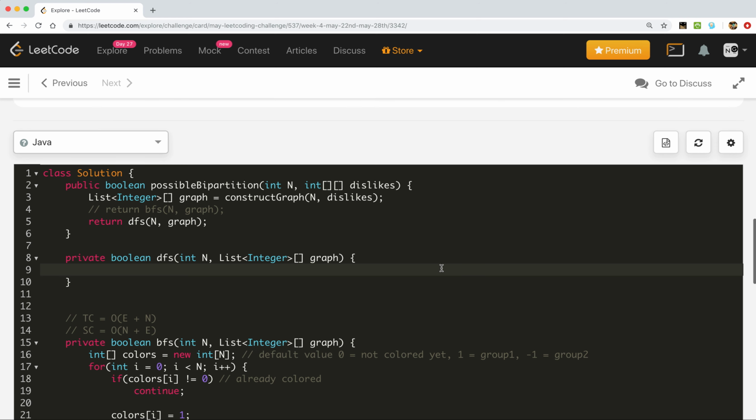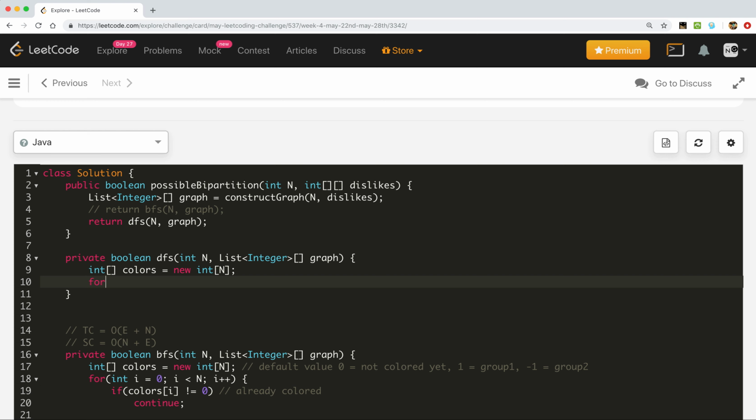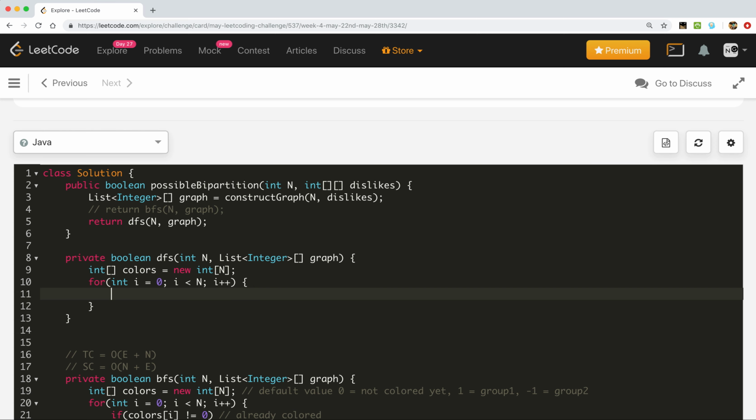And here, what we need to do is again create a colors array equal to new int of n, and after that we will run through all the vertices, same as we did for BFS, because if there is an unconnected component, for I less than n, I plus plus. So if the colors of the current vertex is equal to 0, and if we do the DFS for that vertex,